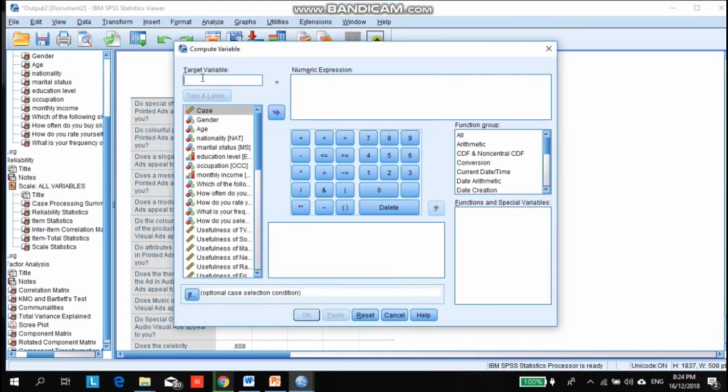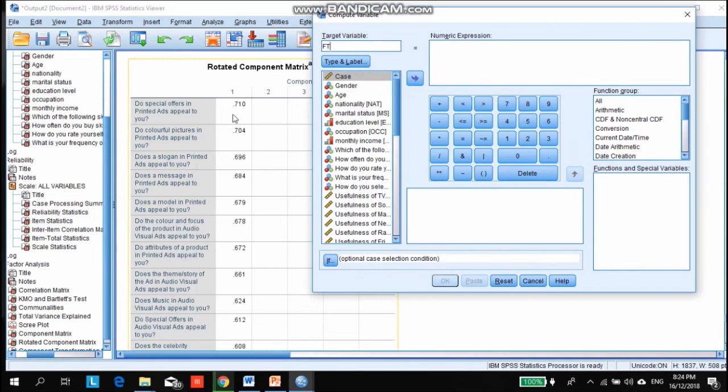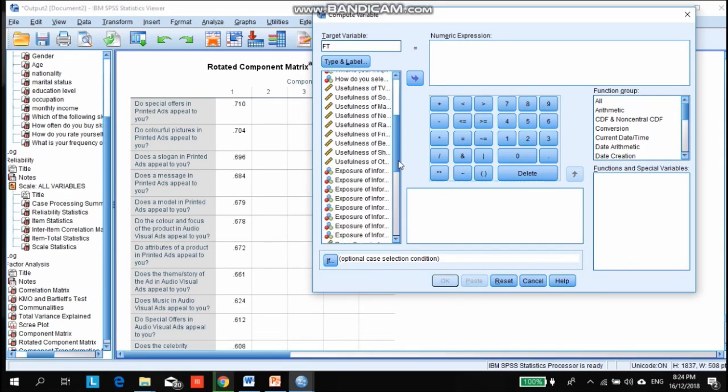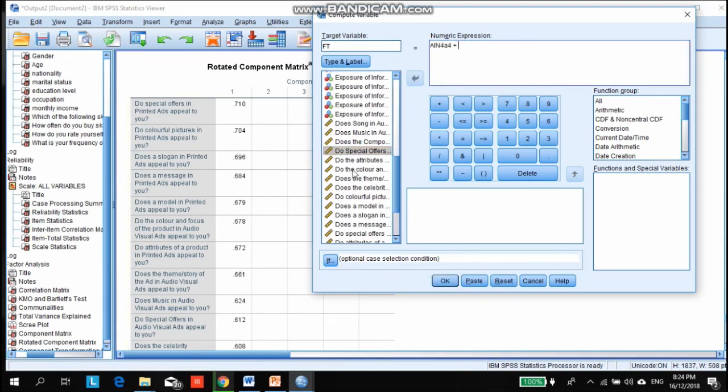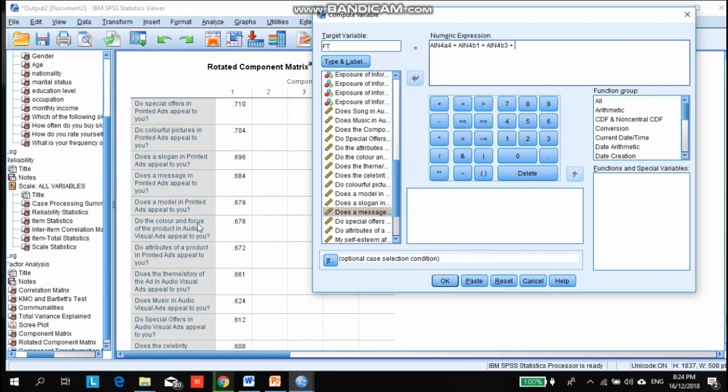So Transform, the target variable is FT for the features. Then we search: do special offers in a print appeal, transfer this one plus do colorful picture, transfer, plus does a slogan in print, plus does message, plus does model, and after that plus does color and the focus, okay, and then plus